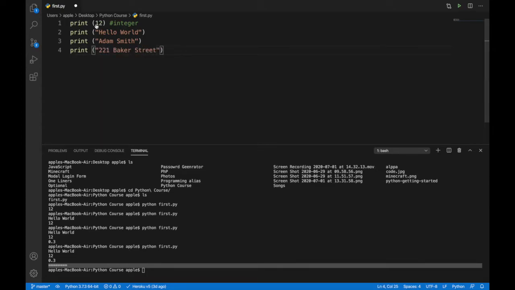So everything inside double quotes is a string. So this is a string, this is a string, and this is also a string. Basically anything that consists of alphanumeric characters and special characters is a string. Let me present you an example with a special character. So like this, for example,